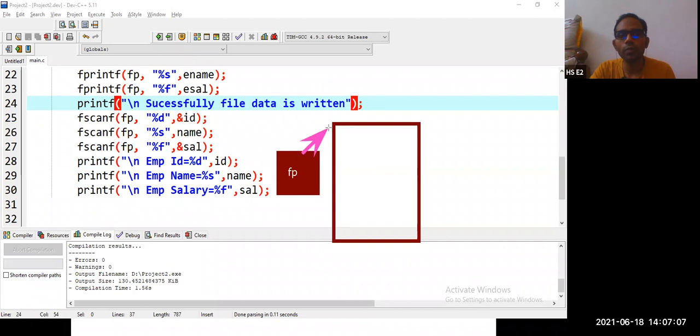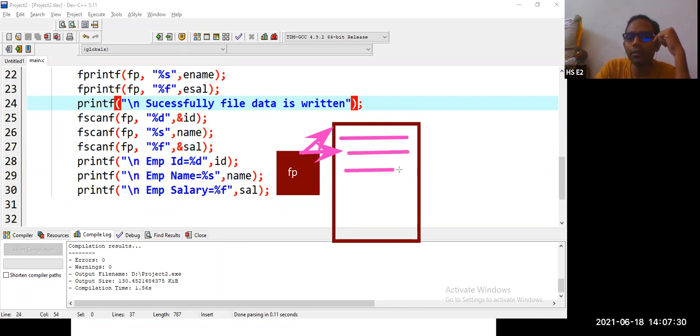So it is going to point to the beginning of the file. Then we said, enter the name. So we are performing the write operation of the name. So we wrote name. Then the file pointer is pointing to the next location. Then we have written the next value, that is ID. Then we have written the next value, that is salary. After doing this, the pointer is pointing to the next location where we have end of file. Okay, so it is pointing here.